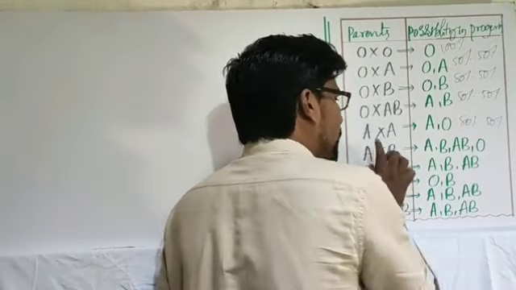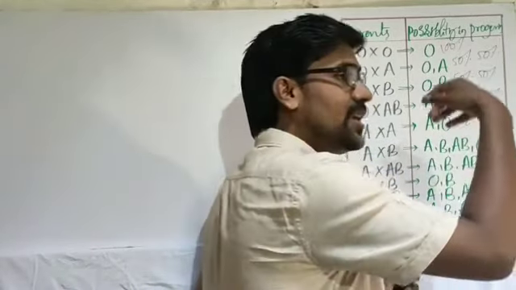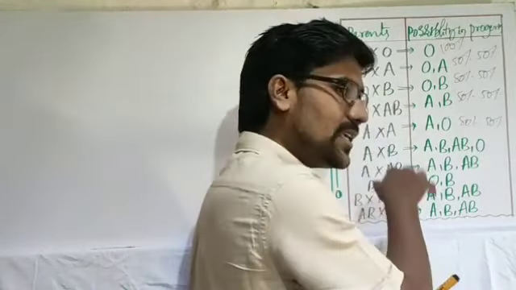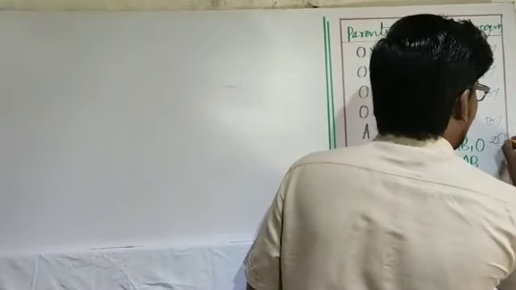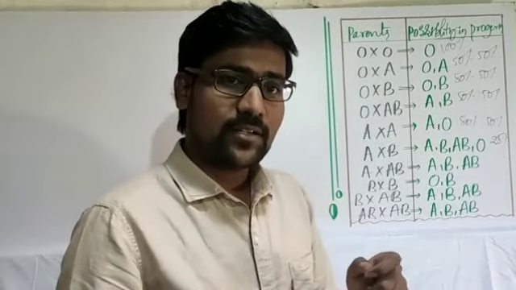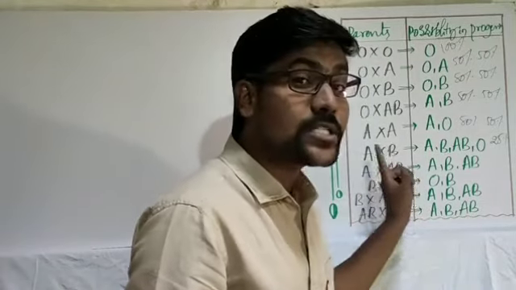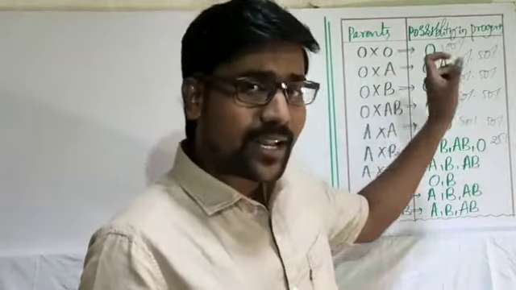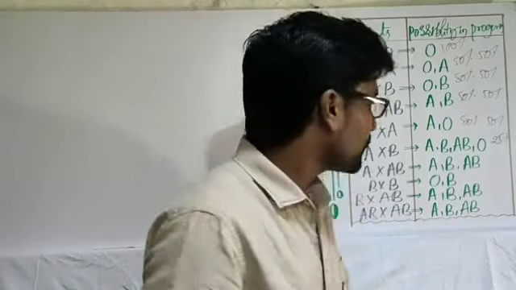On that basis, we have already drawn this table. If the parent blood groups are A and B, then see here, the probable blood groups are A, B, AB, and O. All 4 blood groups are possible in the children. If the blood groups of the parents are A and B, the chance is 25% for each child bearing each blood group. So all 4 types are possible here if both are heterozygous; homozygous means not possible. That's why at the starting I told you, let us consider heterozygous. Why? Because we can get more probabilities.